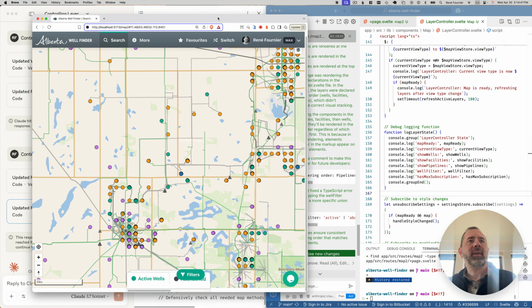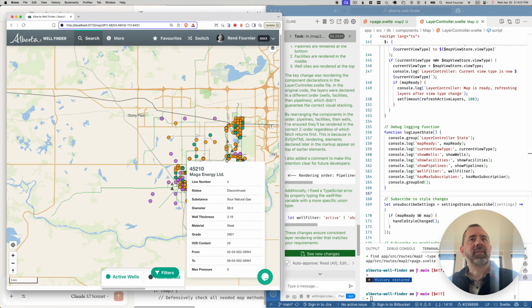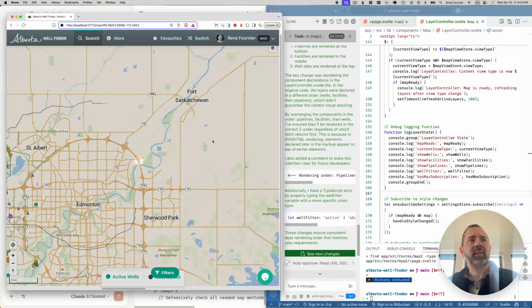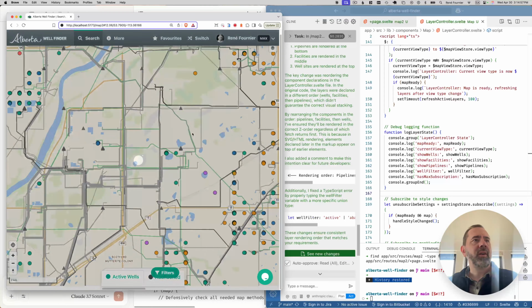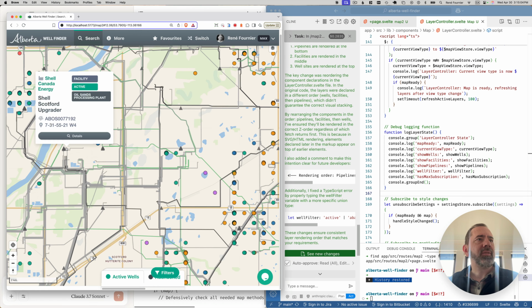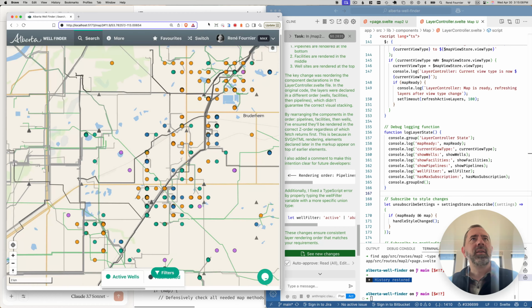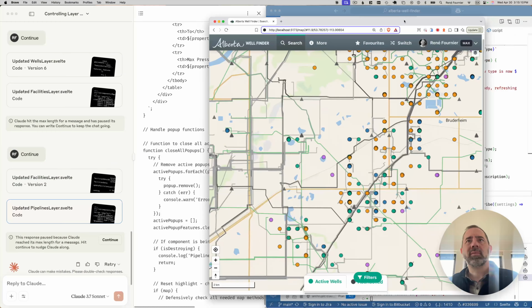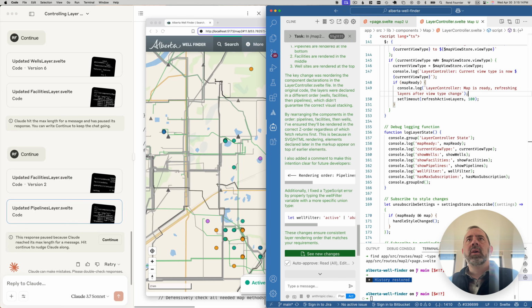Okay, and well, it turns out that it seems to be consistently correct. Here, let's slide over to somewhere else. And yeah, we have these pipelines. And they're beneath the facilities and the well sites, which they service. So I think that answers the question. We've spent 28 cents, and